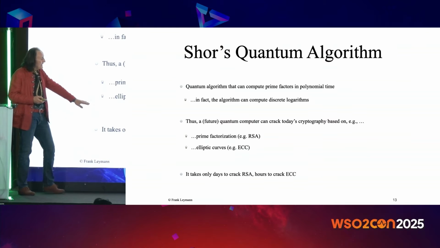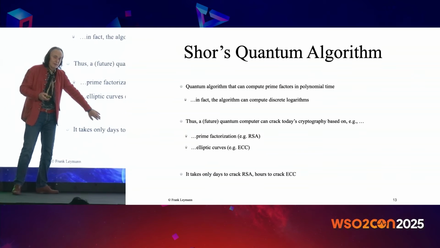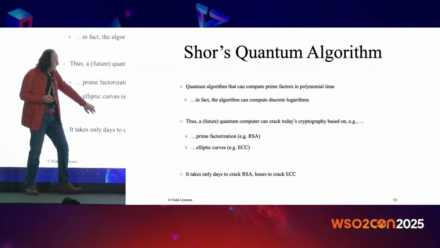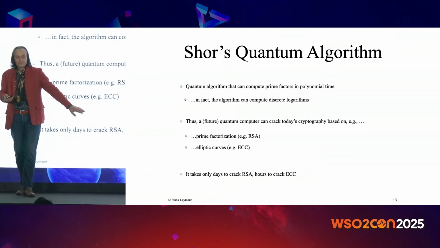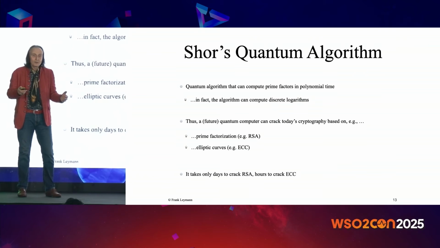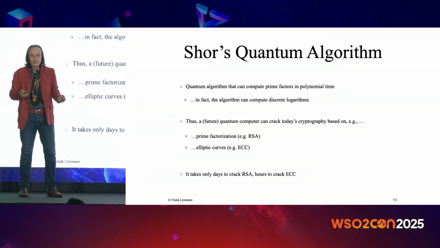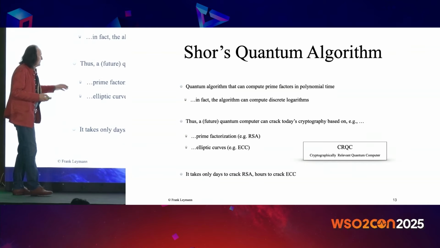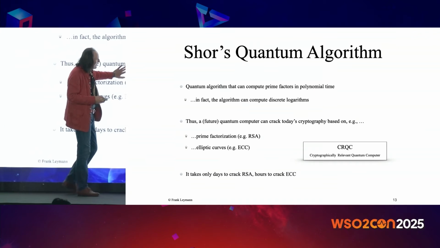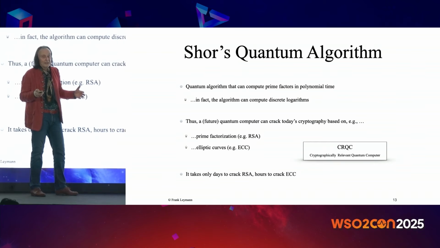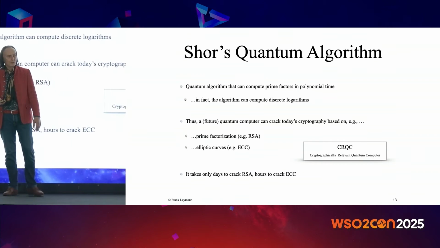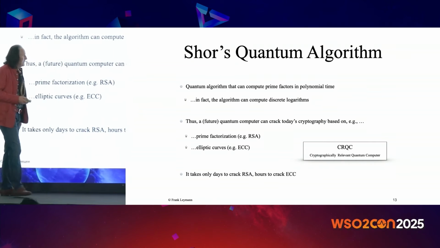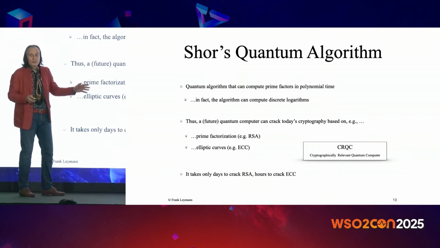And it takes only days to crack RSA. Some estimations say it's less than a single day. But on ECC, although it's more modern, you only need a few hours, up to a single hour. Right? So this algorithm can crack what we think is secure today in a nutshell. So, this kind of future quantum computer that is powerful enough to bomb us back into Stone Age is referred to as CRQC, a cryptographically relevant quantum computer, right? CRQC. And the question is, of course, we will discuss it, when will this happen?